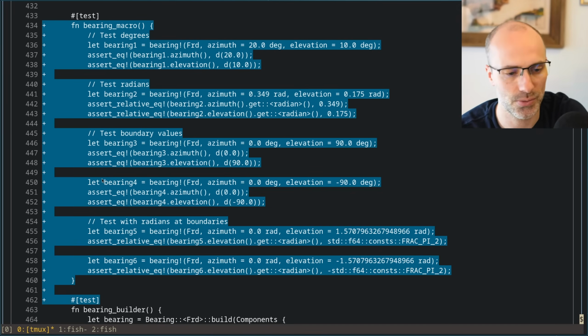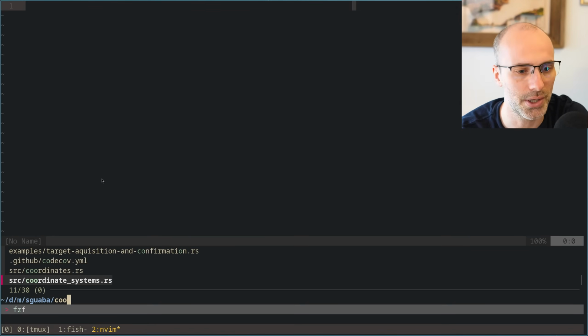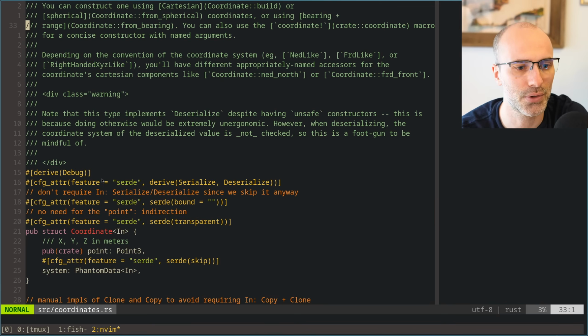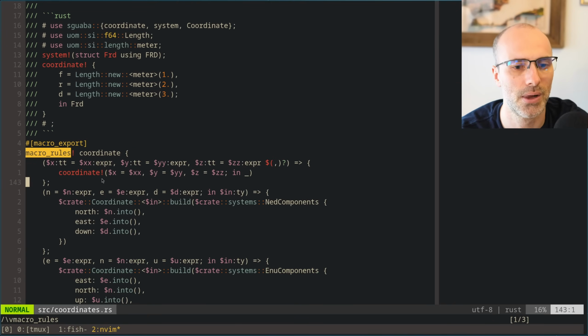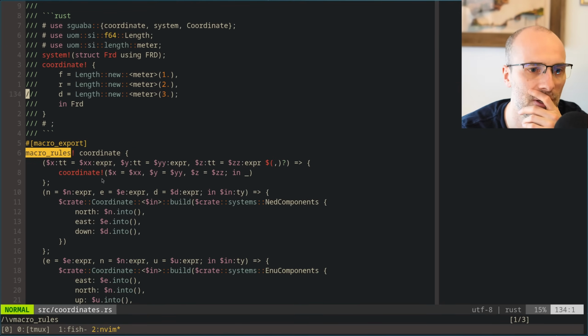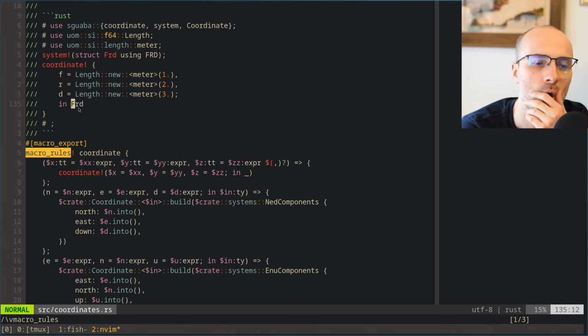Because we do actually have a precedent for this. So if you look at coordinate, there's a macro for constructing a coordinate. Macro rules here. And you'll see that here, I actually used a suffix of in FRD. And I think maybe I want that instead.